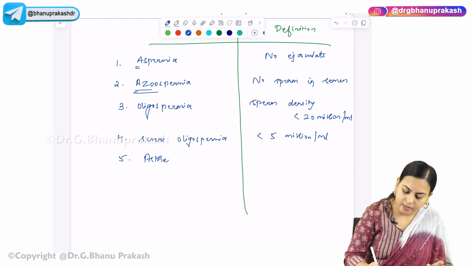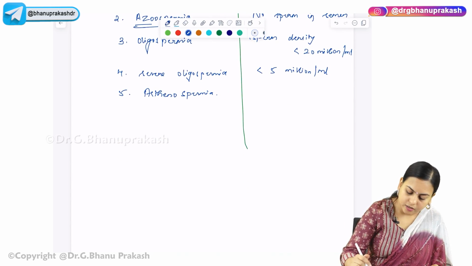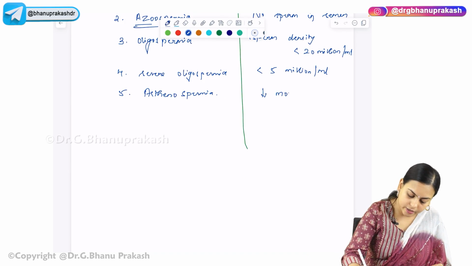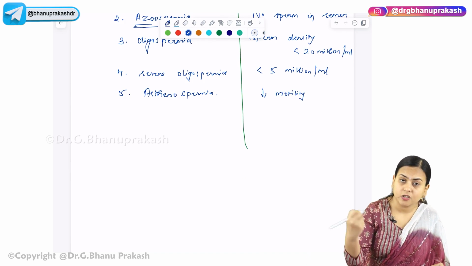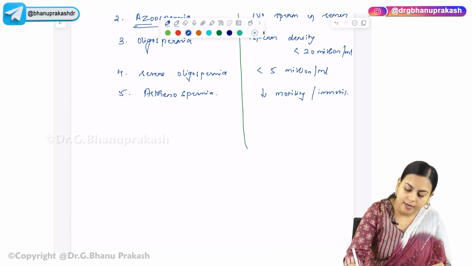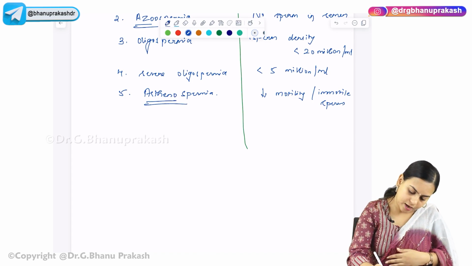You have another condition, that is asthenozoospermia. Asthenozoospermia means there is reduced motility of sperms, or there are immotile sperms. Astheno means you will be speaking about the motility. Clear? And then we have